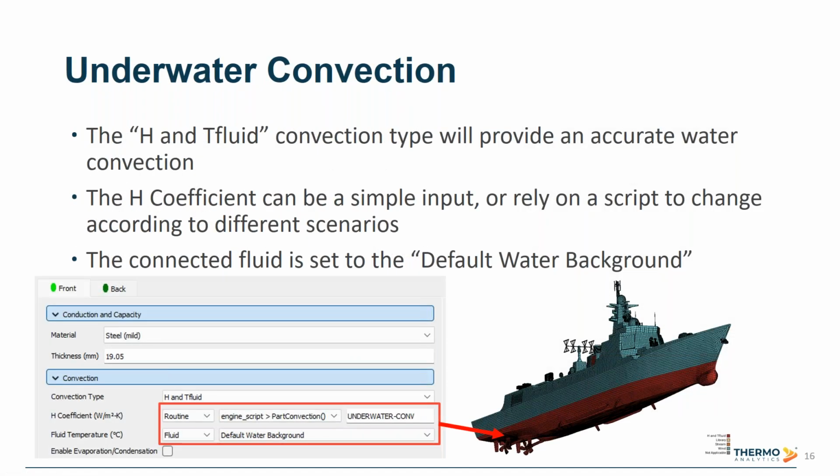So after setting up the background, proper convection settings can be set up for the underwater parts. Using the H&T fluid setting, a connection between the underwater part and the modeled water will be made. The H coefficient can be set as a simple value, which will maintain that value throughout the whole simulation, or a script can also be linked to the model, allowing any values to change based off of the current modeling